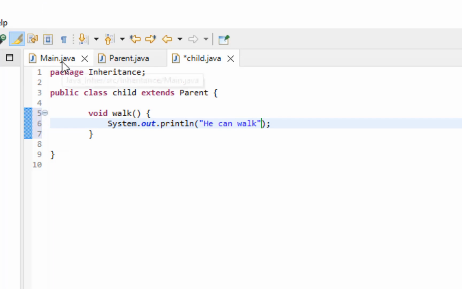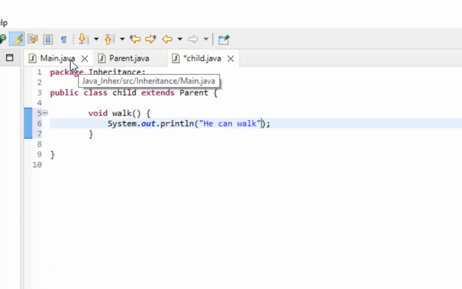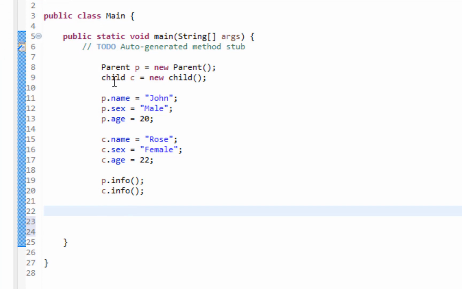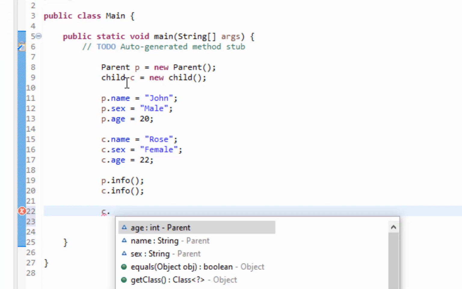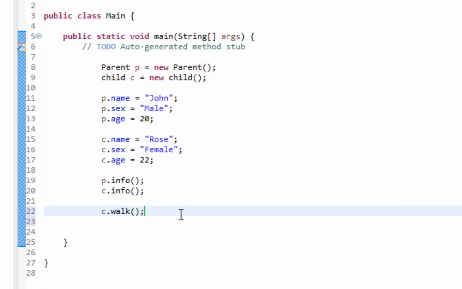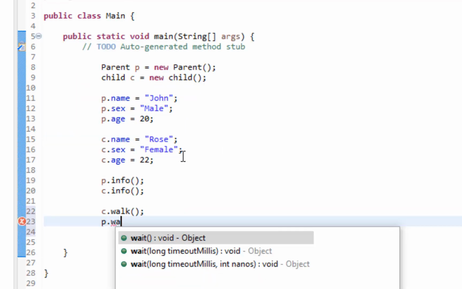This is just an example. So, in main, if we call this method, we use the identifier, which is C, and the name of our method, which is walk. This one, so it shows: walk from the child class. But if we call the parent, P dot walk, semicolon,